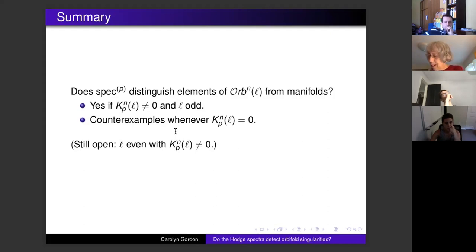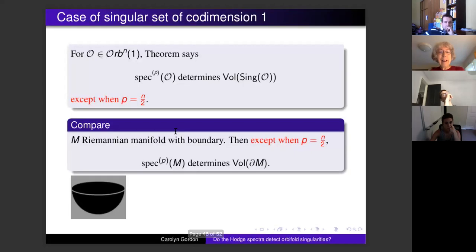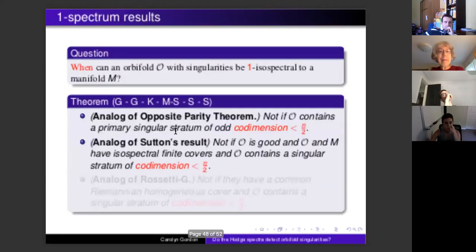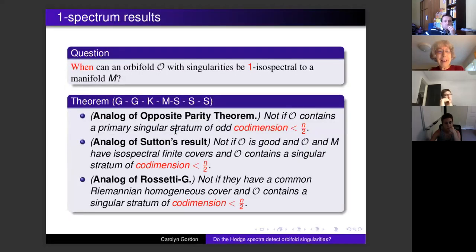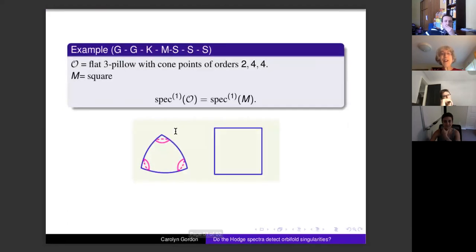Let's see how we're doing on time. Let me skip a couple of things since I think I'm about out of time. So let me just go on to kind of a fun example to end with. This is going to be the middle degree Hodge spectrum, so not so surprising, but I think it's kind of